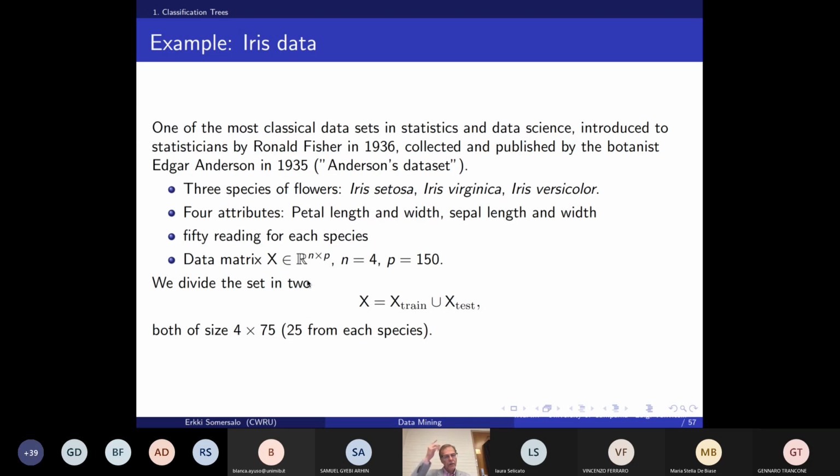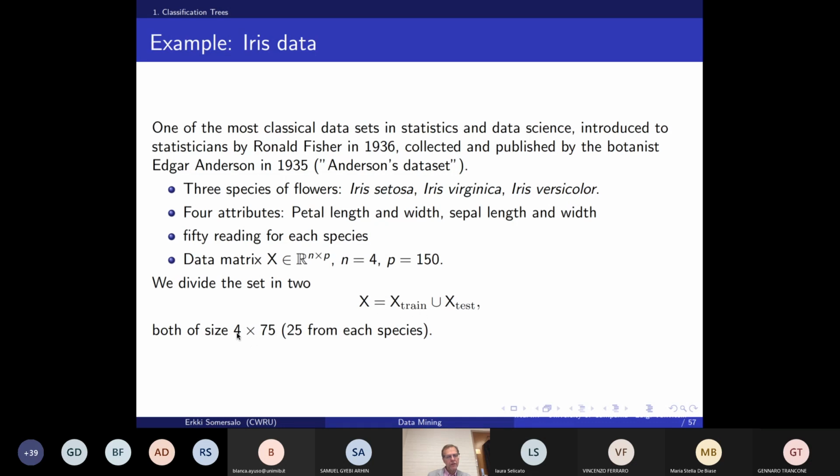And in order to test the tree algorithm, I'm first splitting my data into the training data and the test data. The training data is used to build or grow the tree. Then I'm doing pruning, and then I'm choosing the tree by using the test set. So half of the data is used for testing, and half is used for training. So I have now a training set and